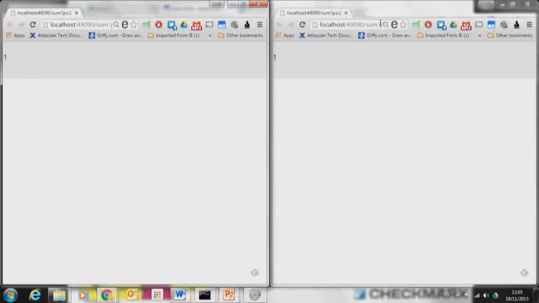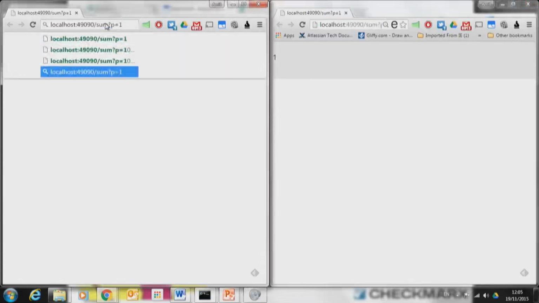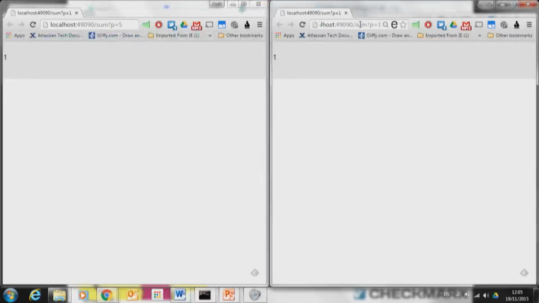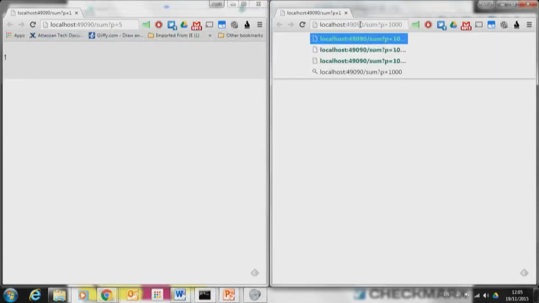Now, what I'm going to do, and it sometimes crashes my computer, so I hope it won't this time, I'll change this one into 5. So it should be 15, the answer, if I'm not mistaken. And I'll change this one into 10 million. 1, 2, 3, 4, 5, 6, 7. What do you think is going to happen if I run both of them together? Or if I run first the 10 million and then the 5?